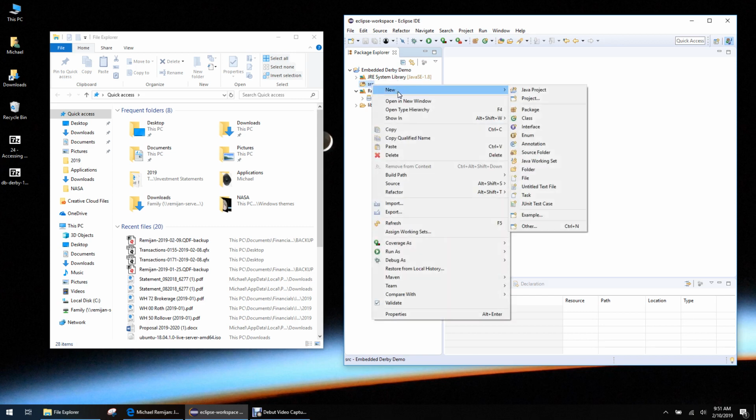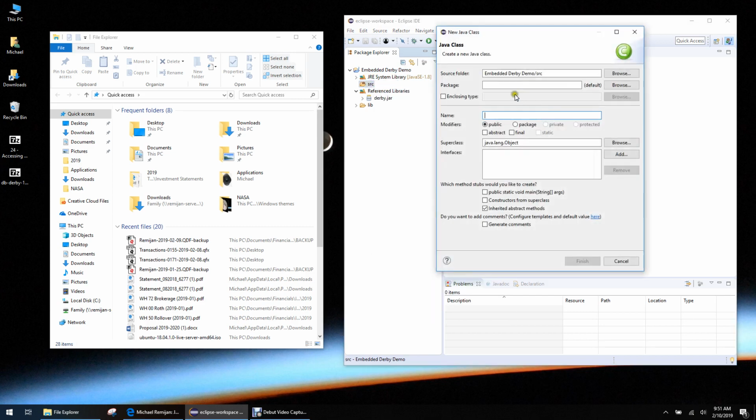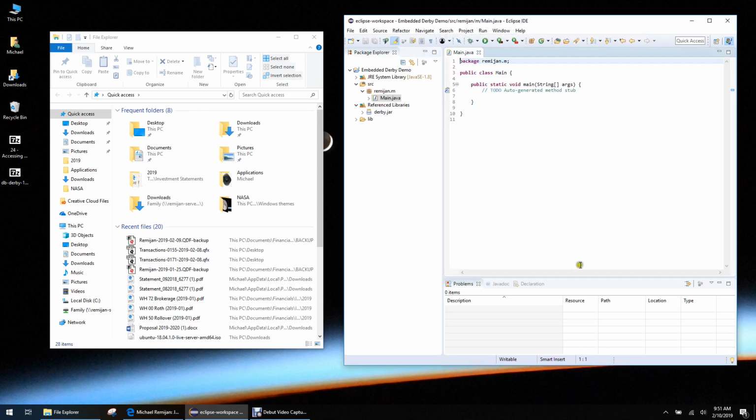So now I'm going to create a new class. I'm going to put it in the ramajan.m directory, and I'm just going to call it main. And I'm just going to select that I want public static void main method, and just go ahead and finish. Okay. Now, because I know I'm going to be doing stuff with databases, which may throw exceptions, the first thing I'm going to do is just say throws exception. Okay, I get rid of this comment, and now I'm just going to paste in the code that I have